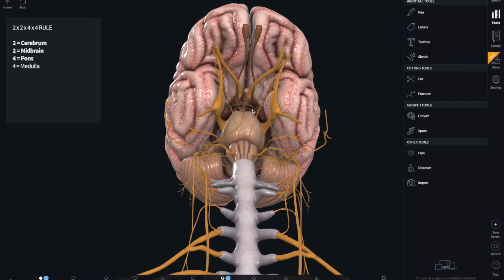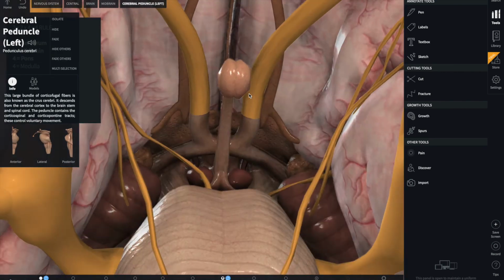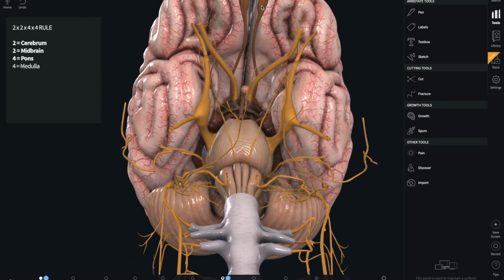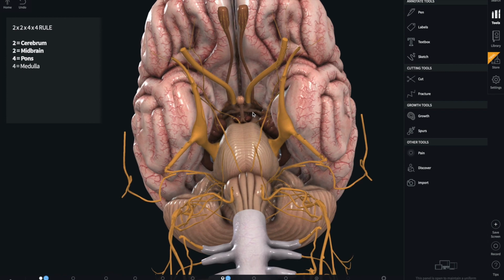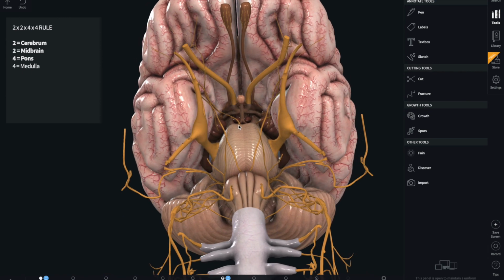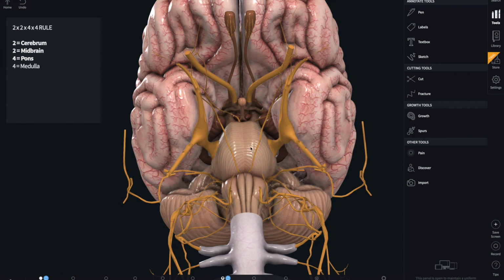We have cranial nerve number 1, the olfactory, cranial nerve number 2, the optic, cranial nerve number 3, the oculomotor, cranial nerve number 4, the trochlear, cranial nerve number 5, the trigeminal, 1 and 2, cranial nerve number 6, the abducens,